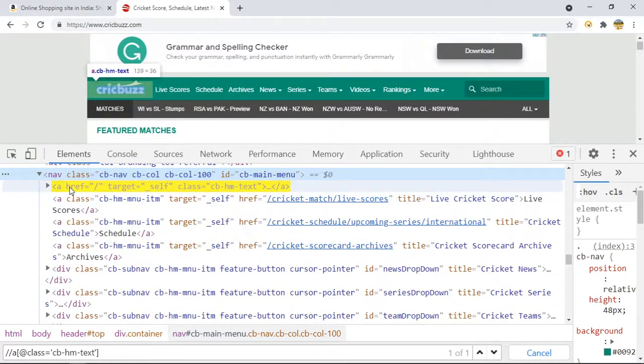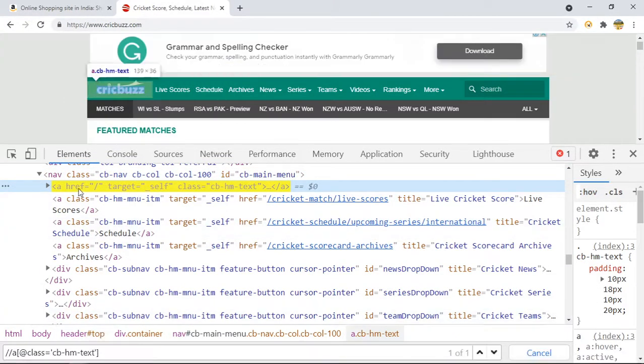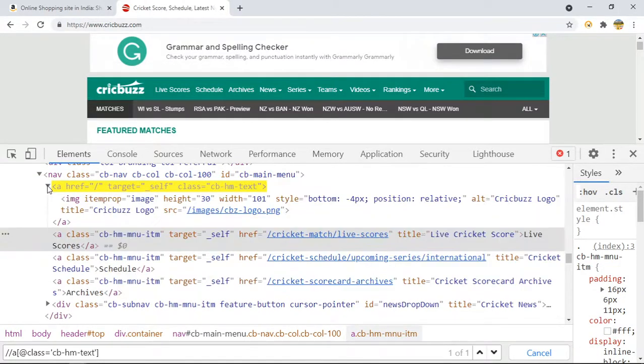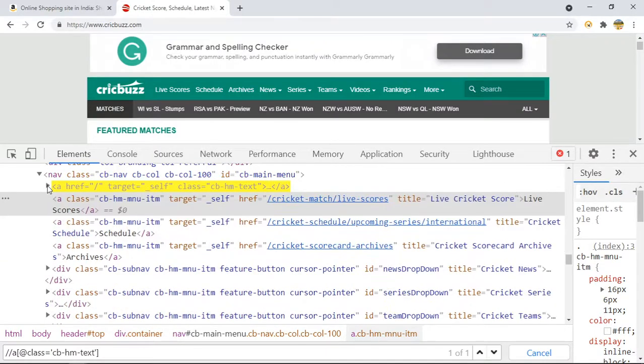So suppose I am here, you can see I have written the XPath. I want to move from this place to this place. Both of these are children only, right? So you do not say that this is the parent of this one, because you can see if I minimize it or maximize it, it is still present in our web page.